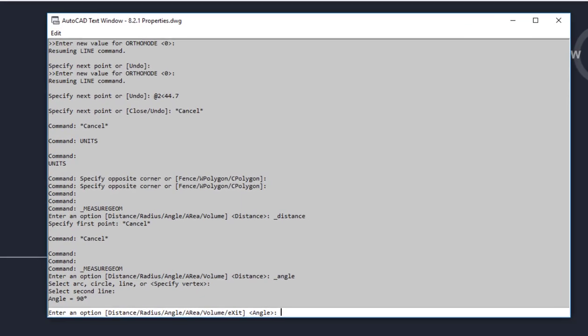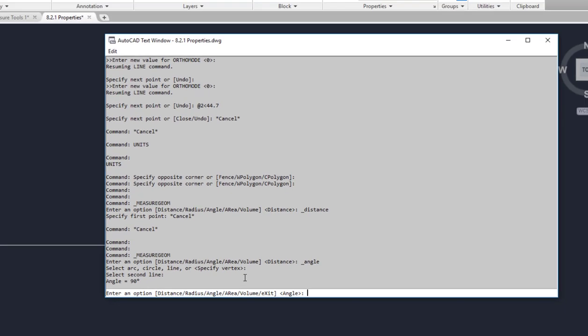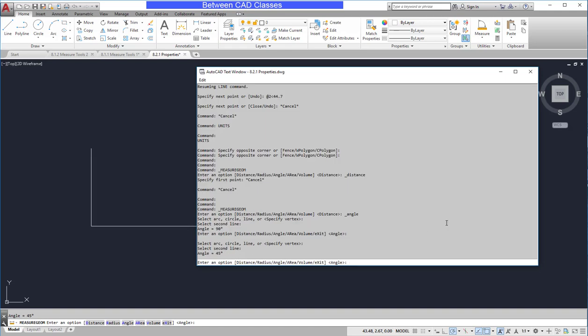I'll press F2 to bring up my AutoCAD text window to see that better. So as I can see, that was a 90-degree angle between those two lines. I can press Enter to measure another angle, and again I will select two lines. And I'm given the angle in the command line, or again I can press F2 to bring it back up